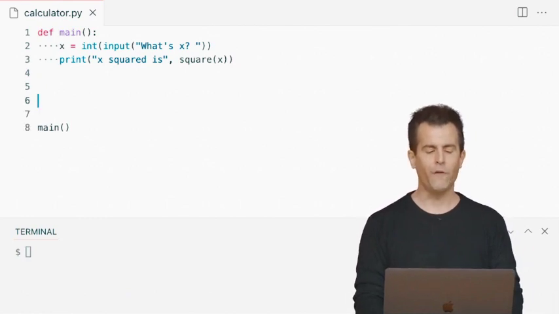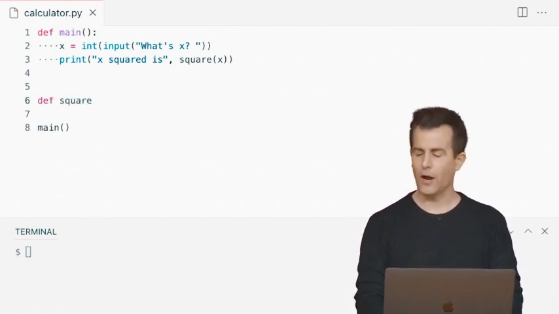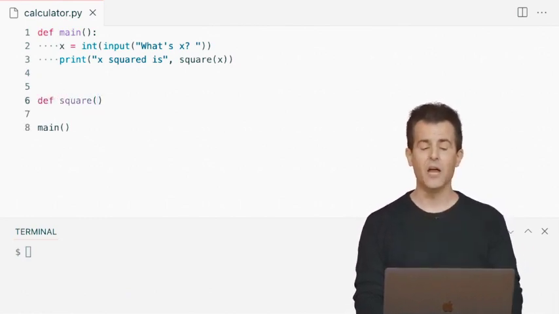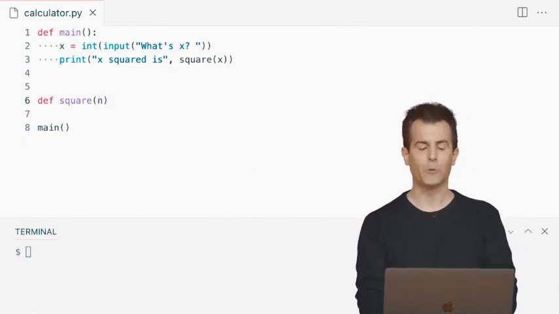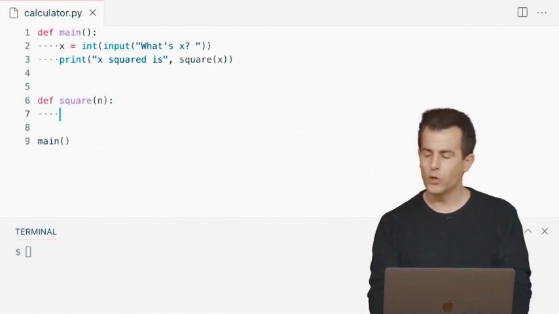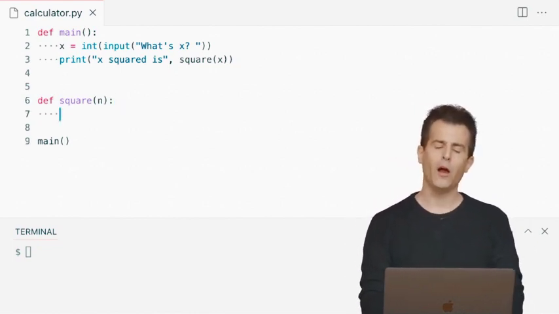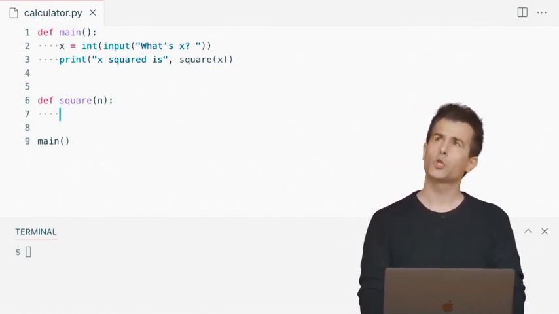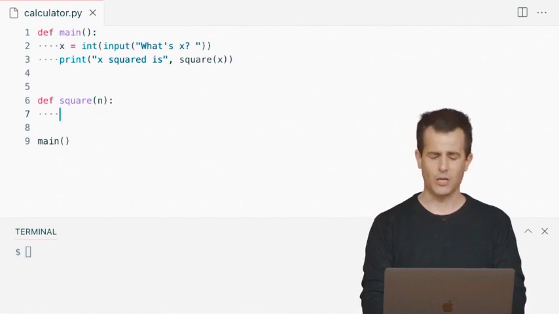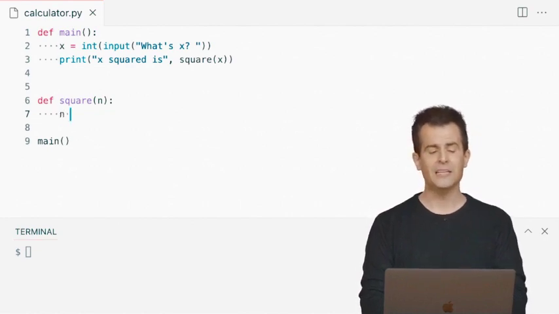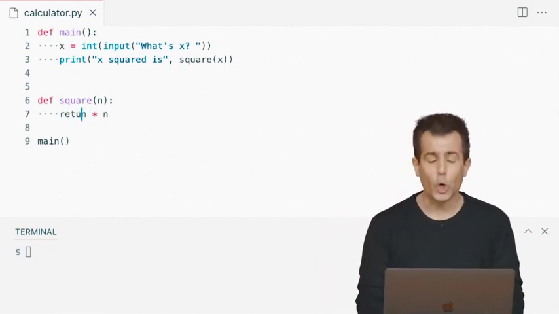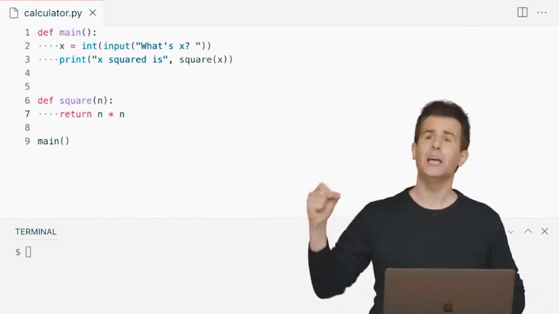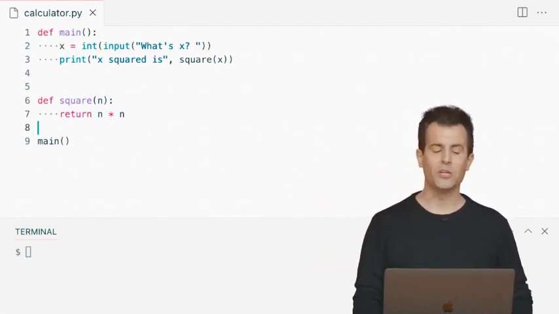Let me go ahead and define another function called square. This one's going to take in a number, and I'm going to call it generically n, as many a programmer would, just to represent any old number. And then what do I want to do in order to square n? Well, a number squared is really just itself times itself, so I'm going to do this, n times n. But it's not enough just to do the math yourself, n times n. You're going to have to return the actual value, n times n, and that's our new keyword here.